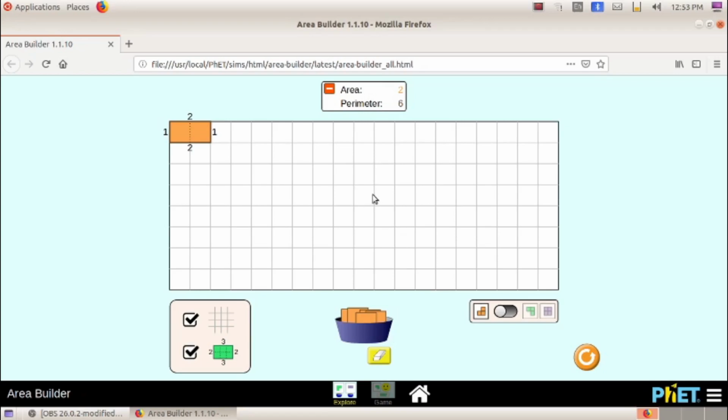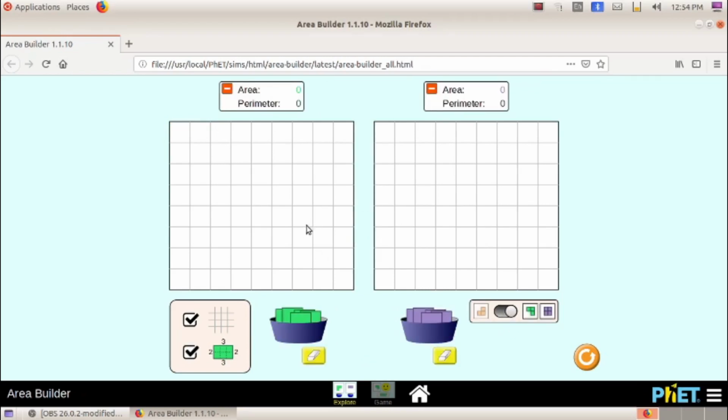What is the formula for area? Area of rectangle is equal to length into breadth, and perimeter of a rectangle is equal to 2 into length plus 2 into breadth. Just note down that. And if you want to erase this, you have to click on this erase button, and this button switch on to compare two rectangles or squares. So there will be two boxes, and to make it like old one, you can click again here.